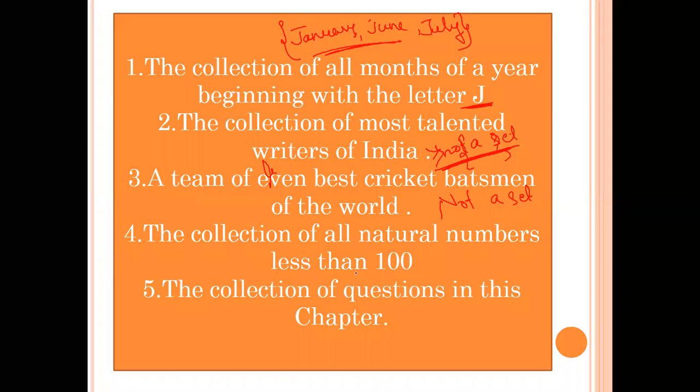Why? Before going to the collection, tell me, natural number starts with which number? From where does the natural number start? Yes, 1. So you know what natural numbers are. Natural numbers start from 1. Correct? Okay. So this is a set, because if you say the collection of all natural numbers less than 100, you'll write all the natural numbers from 1 till 99. The number one less than 100 is 99. So you'll write all the natural numbers till 99.